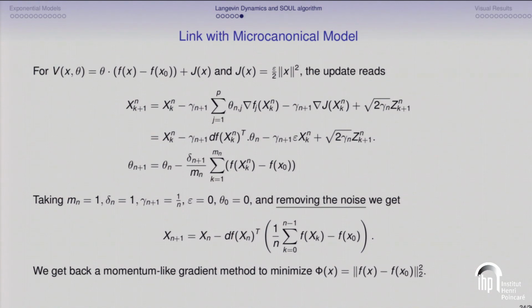One intriguing thing is that there is a connection with the microcanonical sampling. So I will try to explain that here. If you take a Gaussian regularization, as we said, and you write the Langevin equation here, so you have the gradient of the features f applied to the current parameter theta n, the parameters linked to the regularization, the term linked to the regularization, and the update of theta. But now if you take this set of parameters, which do not fall in the hypothesis of the theorem, and if you remove the noise component completely, then you fall back on this equation.